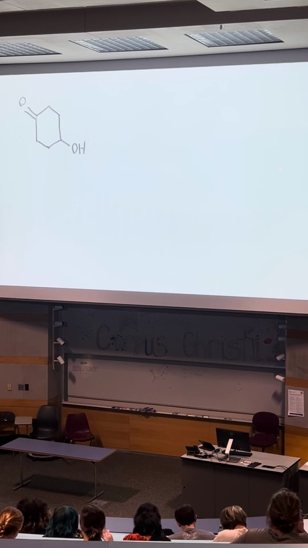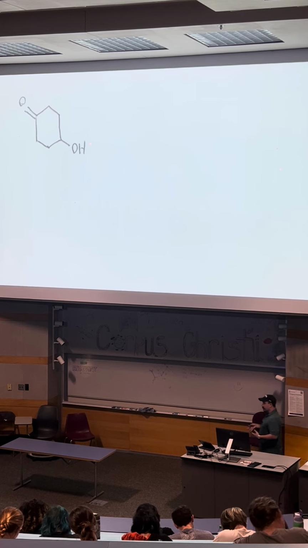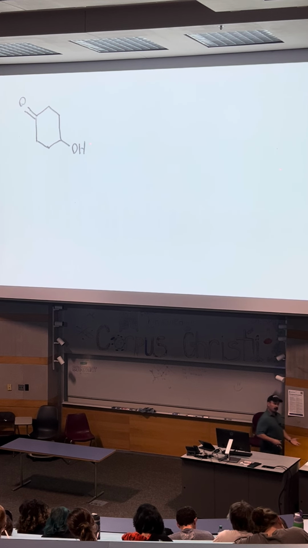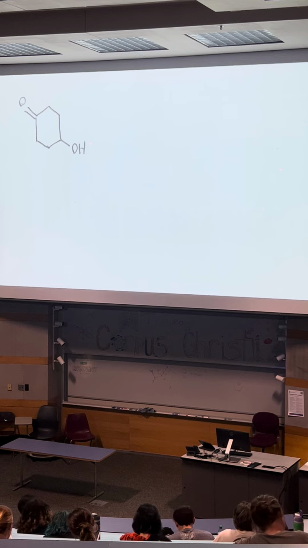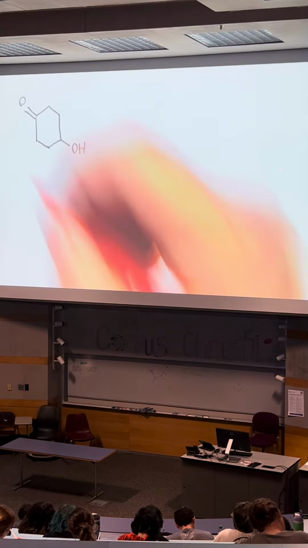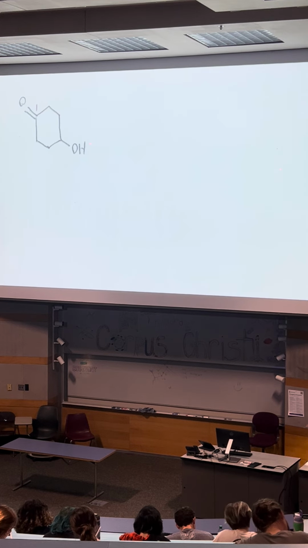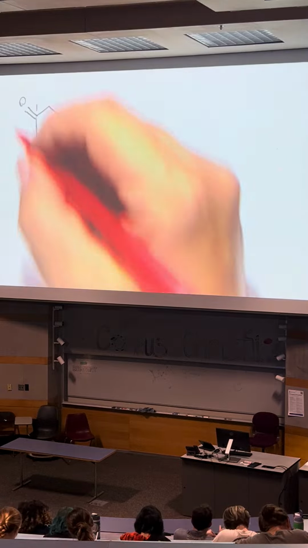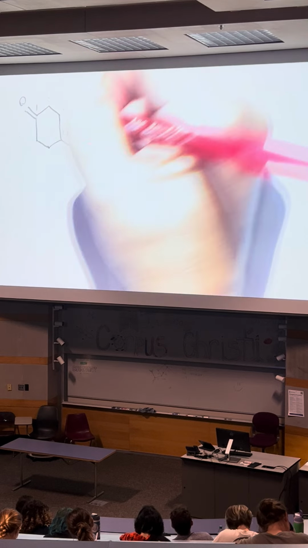All right, so here's an example. Of course, this is an example that includes a functional group that we haven't quite covered yet: there's a ketone in this molecule. If you look at the priorities, you can see that the ketone is higher priority than the alcohol, which means that when we decide which carbon gets the 1, because the ketone takes priority, this becomes carbon 1. And again, it doesn't matter if you go clockwise or counterclockwise. In this particular example, you still have the alcohol group at carbon 4,